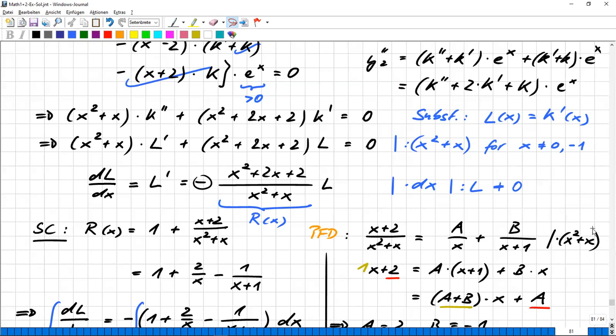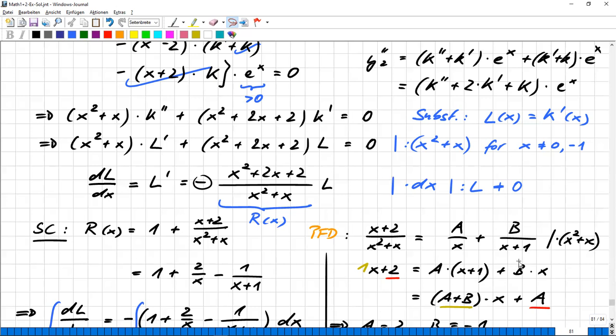I do so by multiplying with the common denominator, the total denominator of x squared plus x. In this way, the numerator remains. I just, for clarity, renamed it to be 1 times x plus 2. Golden color for the factor of 1 here. Red underlining for the constant. You will see soon I will perform a coefficient comparison. I get my A times the other factor. You see, multiplying this, the factor of x cancels out, but x plus 1 remains. Plus here the other way around, B times x, the other factor, x plus 1 cancels out. So that's my